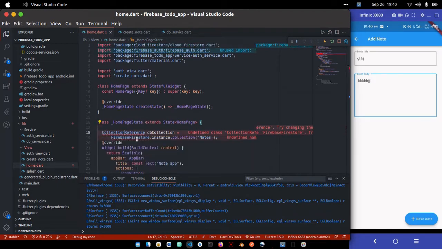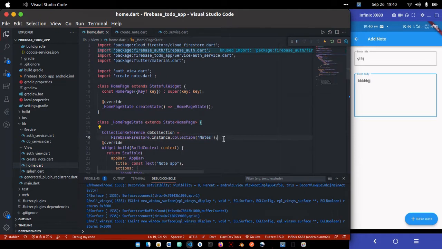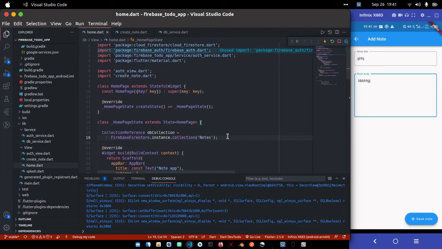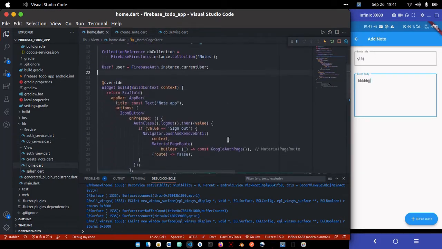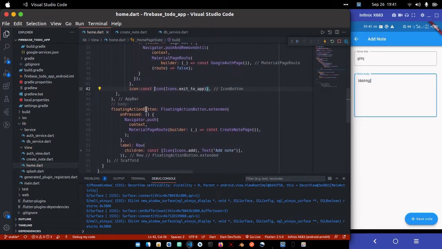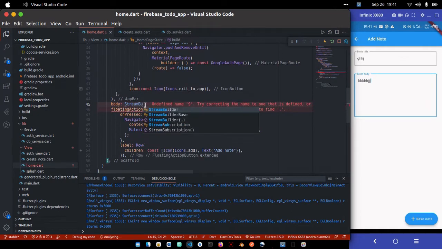So I'm also going to enter deeply inside as well to actually get the data. So for that, I also need the user ID. So I'm going to copy this instance as well, and I'll paste it here. Okay, like so. So inside the Stream Builder, now what I'll do, okay, this is actually, I'll just make it the const constructor. Yeah. Okay, so what I'll do now, inside this body, I'm going to wrap it with a Stream Builder. Sorry, I'm going to return a Stream Builder,